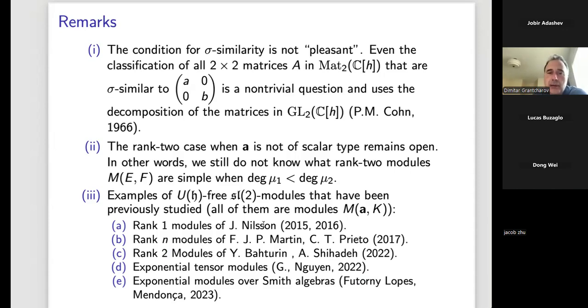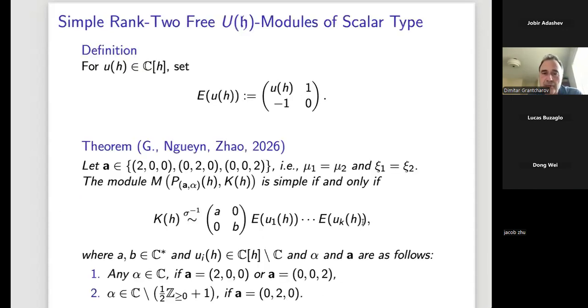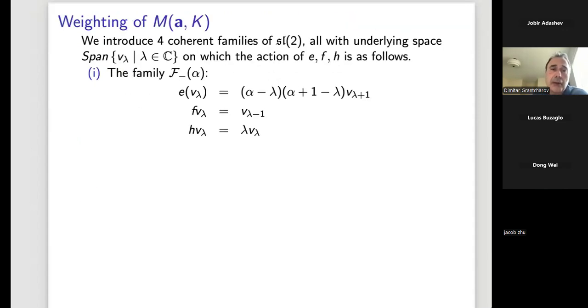So just to point out, all of them are modules of this form, and these are not scalar type. So this scalar type that we reviewed is part of some of these papers, and many of these papers answer some simplicity question for some specific family. Normally, you have one polynomial involved in the kind of family of modules that you consider. And once again, for our case, we have a finite set of polynomials. This is how complicated the subject is.